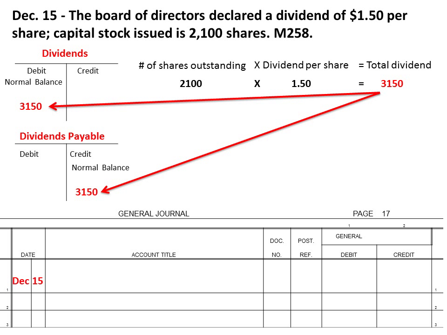If we move to the general journal, you'll see that we'll put our date, which we got from the transaction. We'll do our account title. In this case, dividends is our first one, our debit account title. We got the information from Memorandum 258, and it was a debit of $31.50. Now, after our debits, we have to enter the credit. We enter the credit account title, which is dividends payable. We're then going to enter $31.50, and we have successfully entered our transaction of when the board declared a dividend of $1.50 per share.